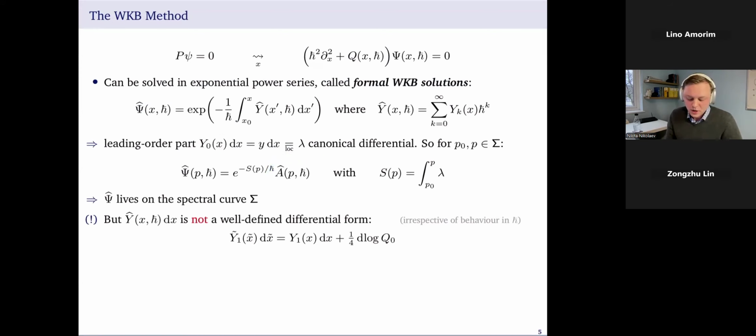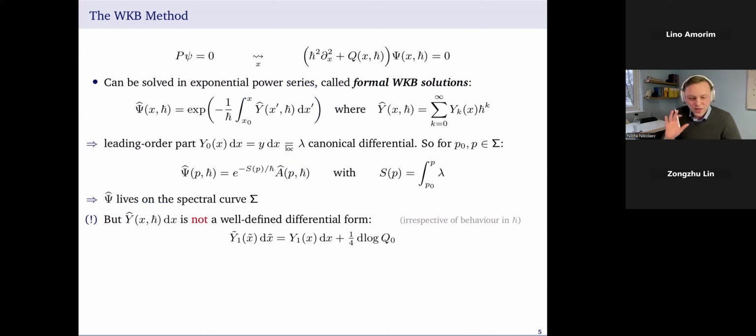Okay, so this leading order part, y naught dx, we immediately recognized to be a differential form on the spectral curve. Great. So you could suspect that this whole thing that I'm integrating in the exponential is some interesting differential form on the spectral curve, and I'm just integrating it over paths on the spectral curve. But that is not the case, because if you look at this one form, y hat of x, h bar, dx,